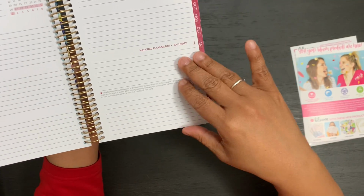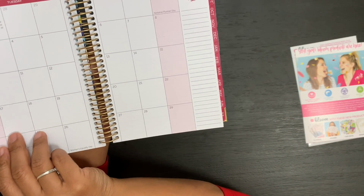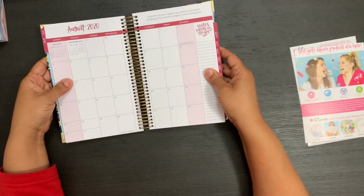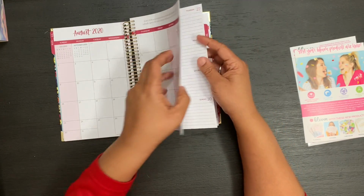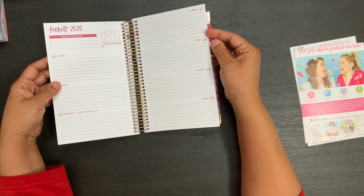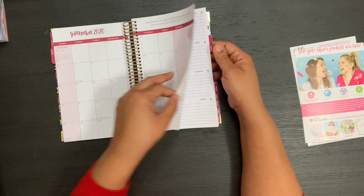So I wonder if that happened because we're starting August. And then we go into August. So it doesn't look like there are any divider pages. Looks like it just goes from the month